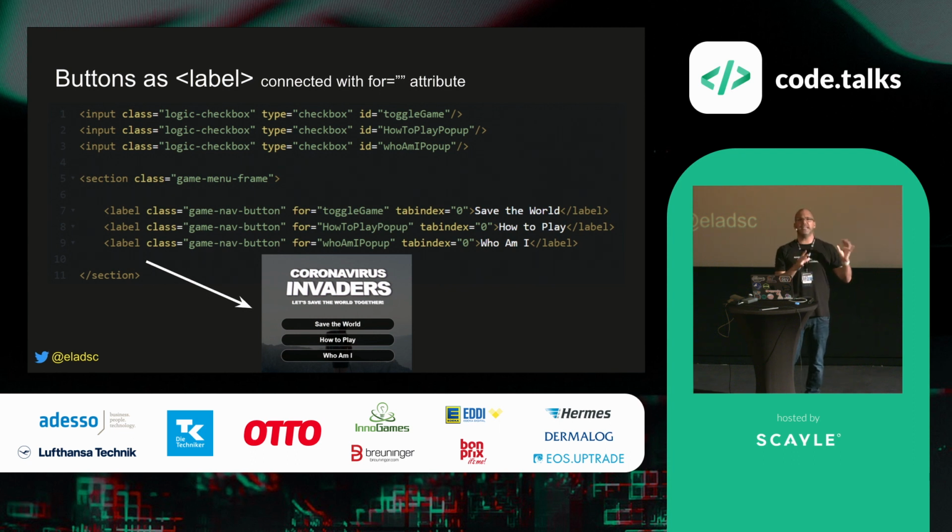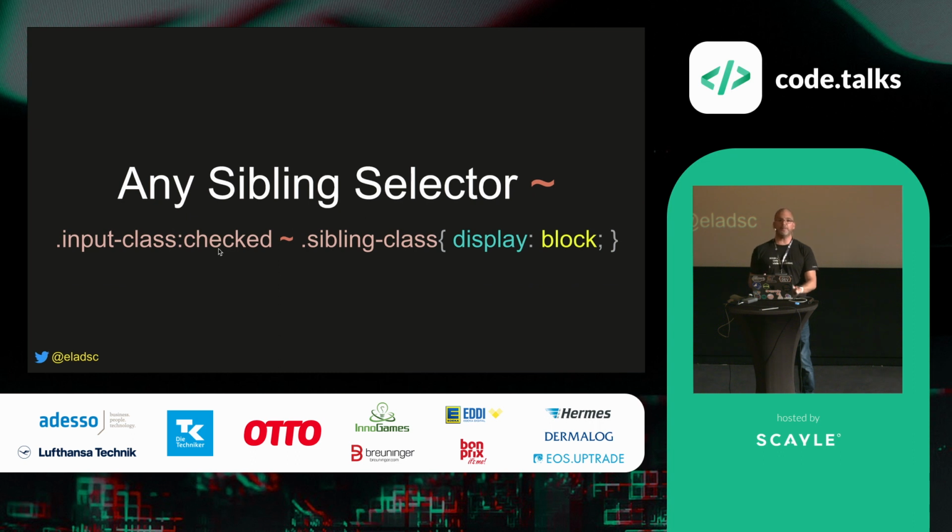But this still doesn't do any visual operation for us. Now we need to use the status of those checkboxes to show or hide other frames of the game. And to do that, I'm using here two special CSS features. The first feature is the checked pseudo class. I can see if a specific checkbox is in the status of checked. And if there is a specific checkbox in the status of checked, I can use the sibling selector of CSS to select any sibling element that comes after, and I can give it display block or display none, and in this way I can show or hide other frames of the game.